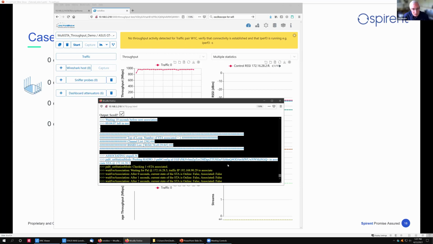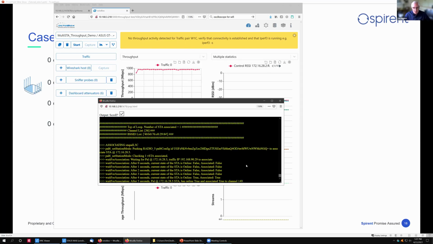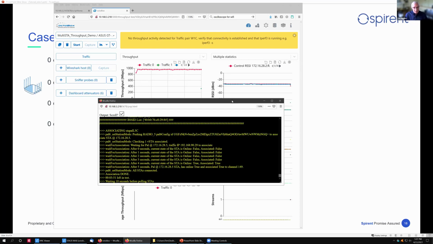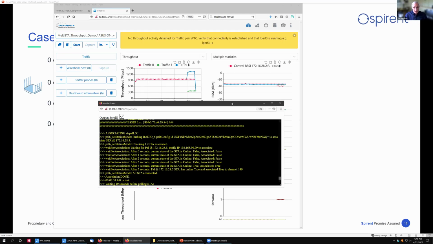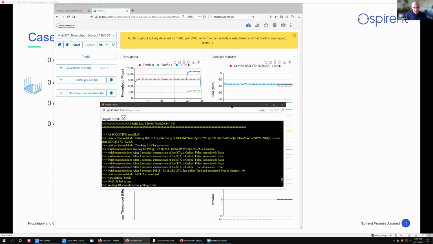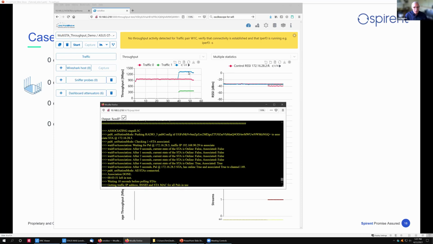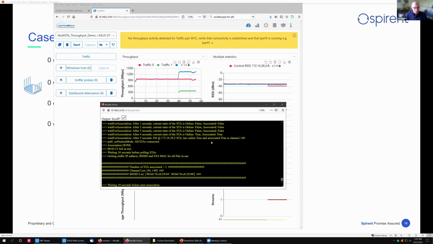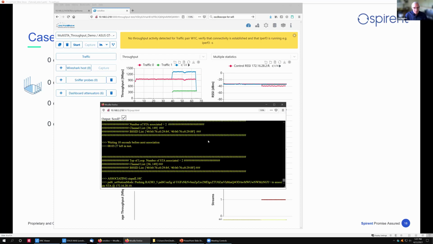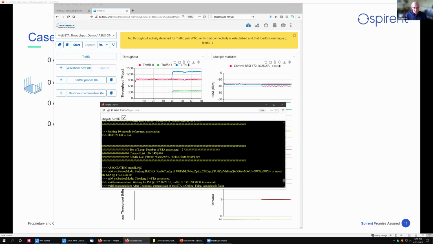And so I waited a little bit, and now I'm associating the second station, and that station is now gone to channel 149. So the router so far has made a good decision in that it's got 2 5 gig radios and said, oh, I've got 2 fairly fast capable devices, so I'm going to assign each of them a different radio. And so our throughput has gone up to about 1.3 gig. So now I'm in the loop where the post association poll, and now I associated the next station.